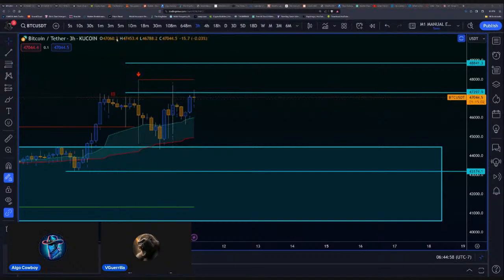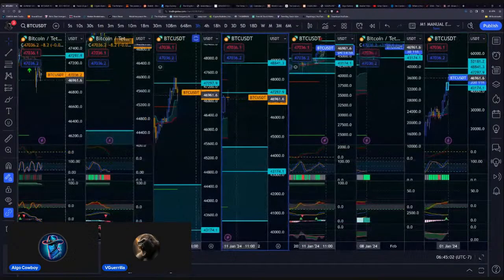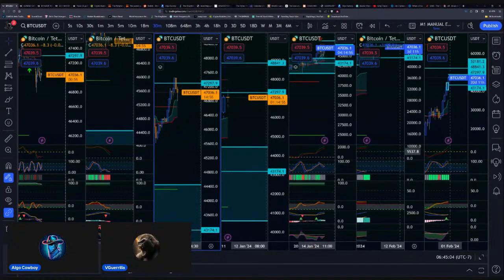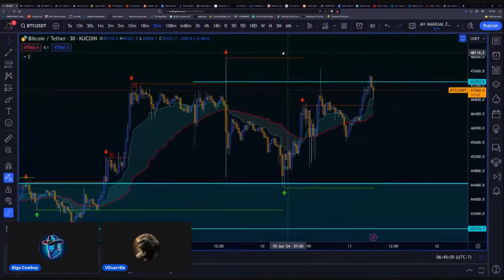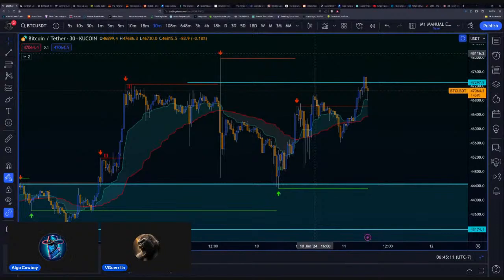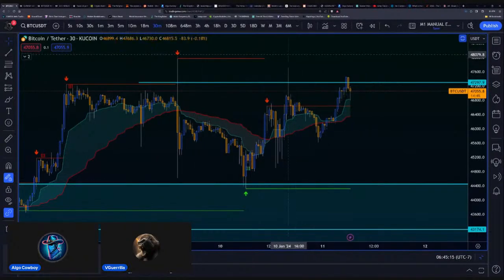Actually, I think it was a little bit later. That's on the 2 to 7 p.m. candle, so let's roll back to get the timing on that. Looks to me like it was about 4 p.m. when that got announced. That would be 6 p.m. EST, if I'm not mistaken.